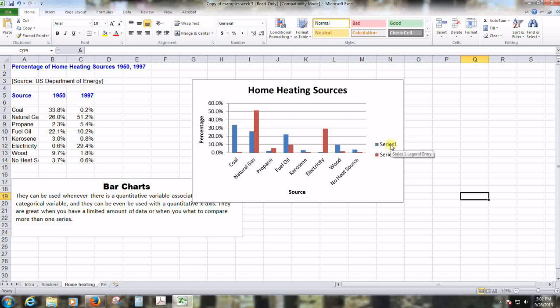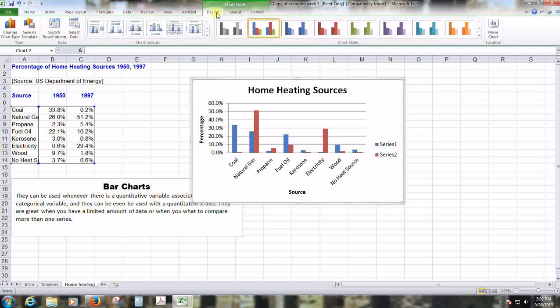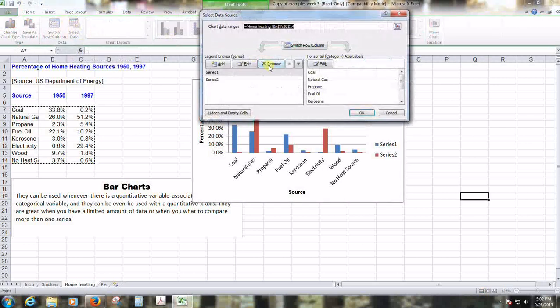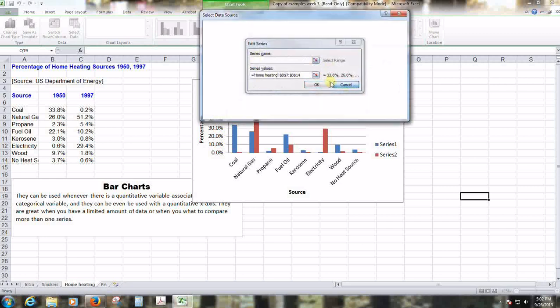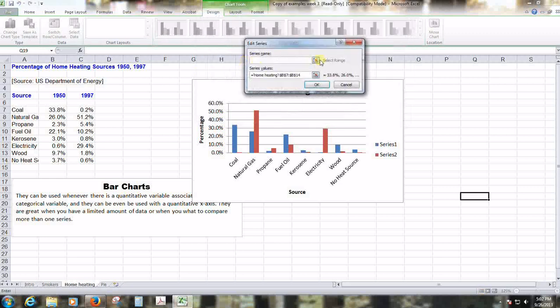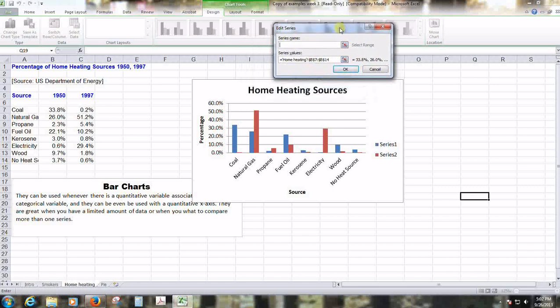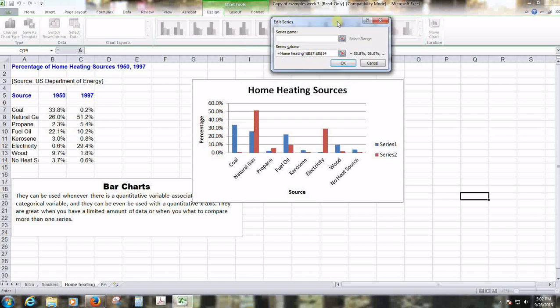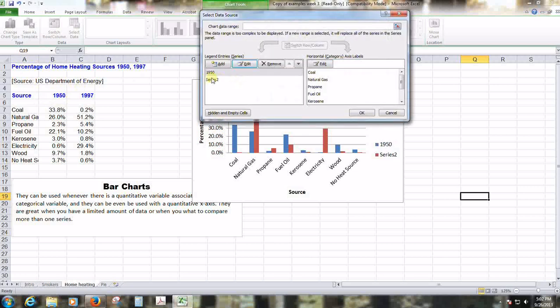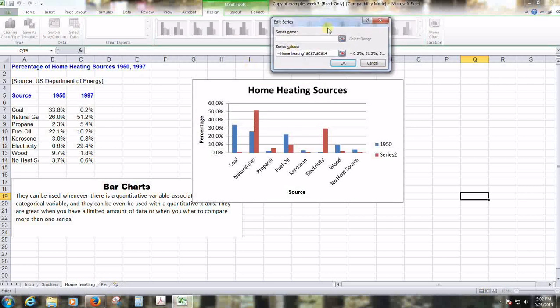We're going to want to edit these series labels. So we're going to click on our graph, go to Design, go to Select Data, and click Edit. Notice right here I'm highlighting Series 1, I'm clicking Edit, and I'm asking what year this is. If you're unsure, one way you can double check is to look at what the values are, B7 through B14. Oh, this is 1950. Now you could type 1950, you could also use a reference cell. I'll use a reference cell this time, but it's basically the same thing. So now we've got 1950. We'll also edit Series 2,